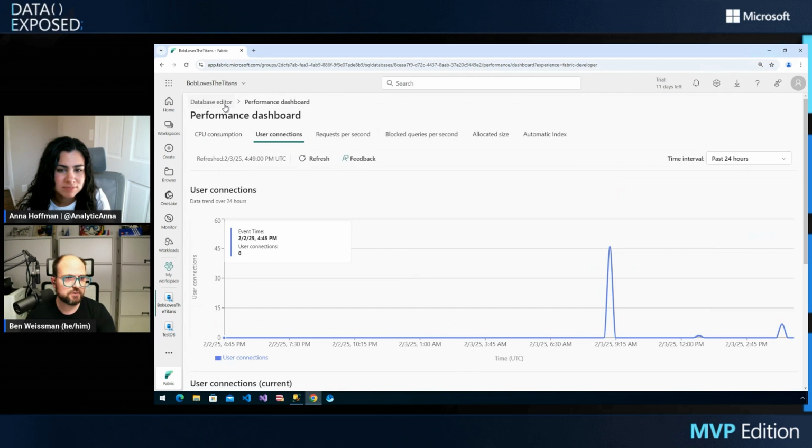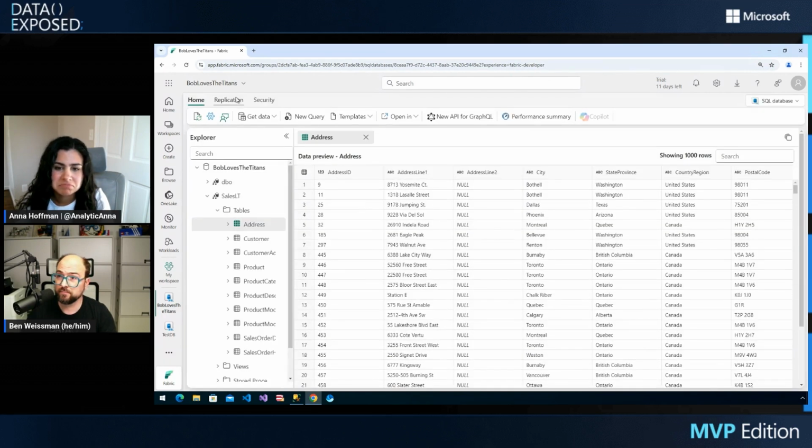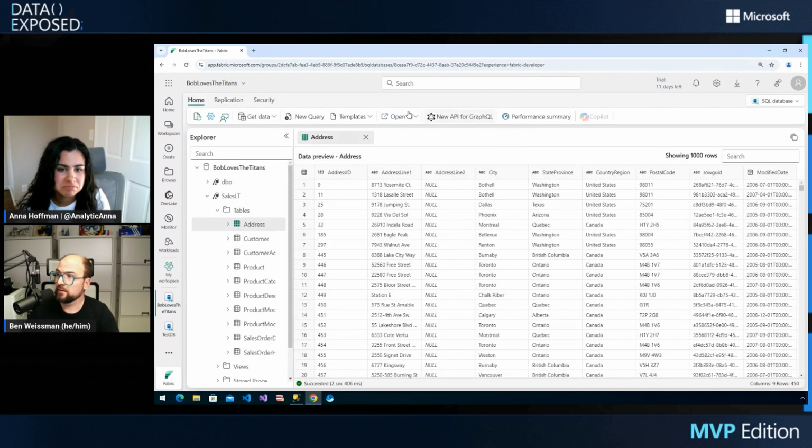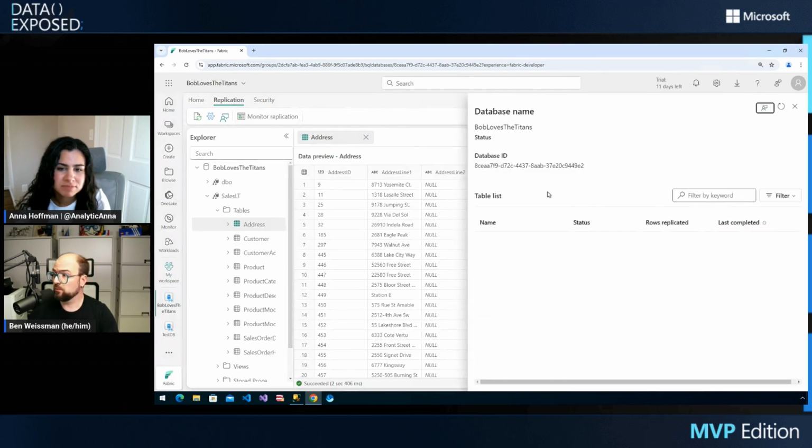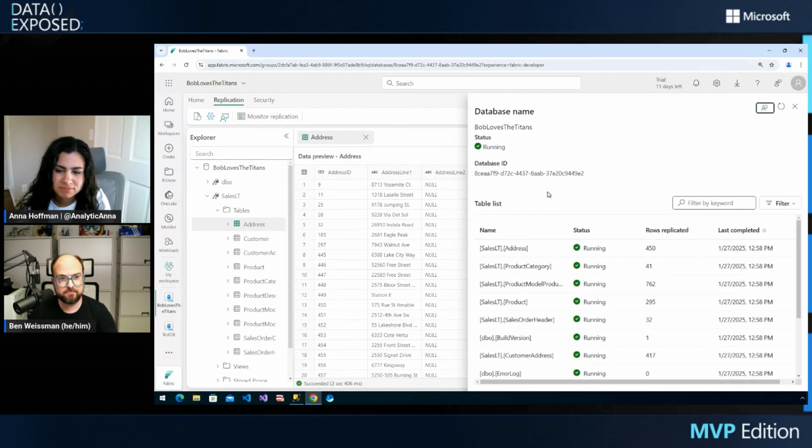But of course, I could also still use all the monitoring solutions that I'm used to for my SQL DB. I can go here to my replication monitor, where it will give me all of my tables. And all of these tables, like I said, will automatically be replicated into OneLake. So if I go to my OneLake Explorer